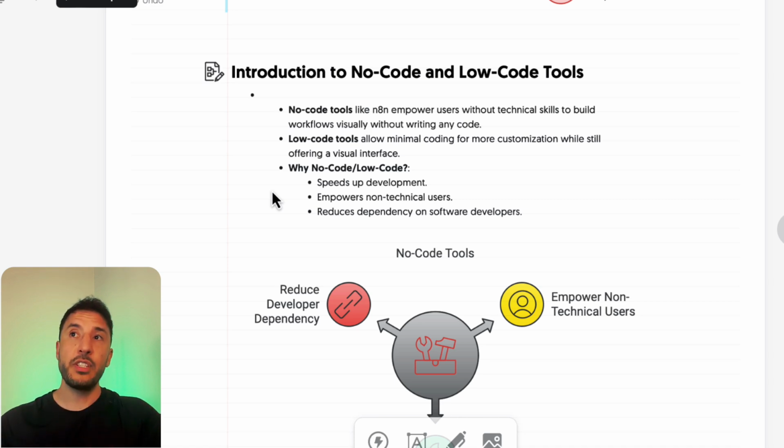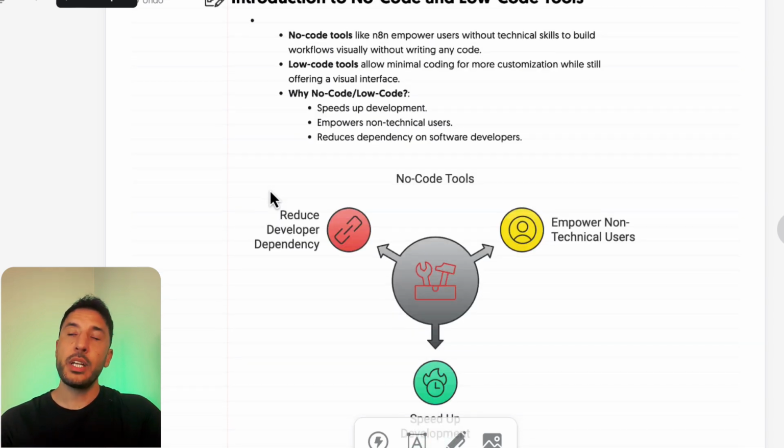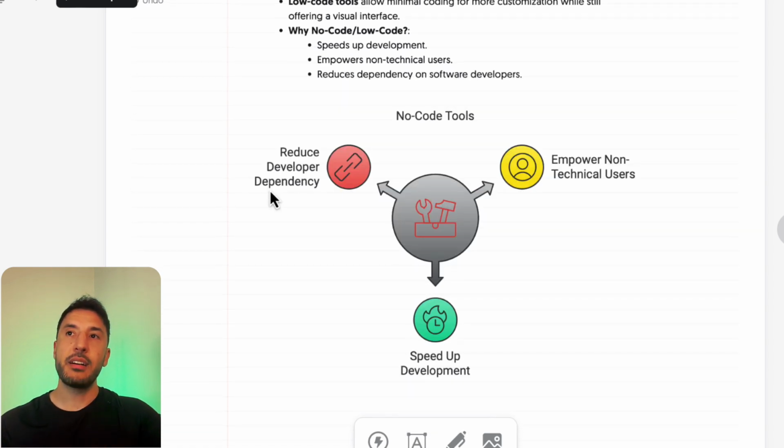So the introduction of these low-code and no-code tools coming to the market lately because of AI has really removed the barrier to enter this space. And that's what is extremely exciting as we move forward in the future. What these no-code and low-code tools do is really speed up development, and like I mentioned, remove the gap between technical and non-technical users. Before, it was very difficult for a non-technical and a technical user to collaborate, but now thanks to these great tools, you can collaborate with developers and technical people, because you have a very low barrier to entry.